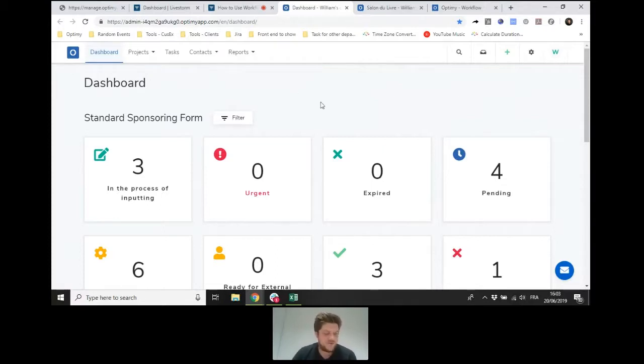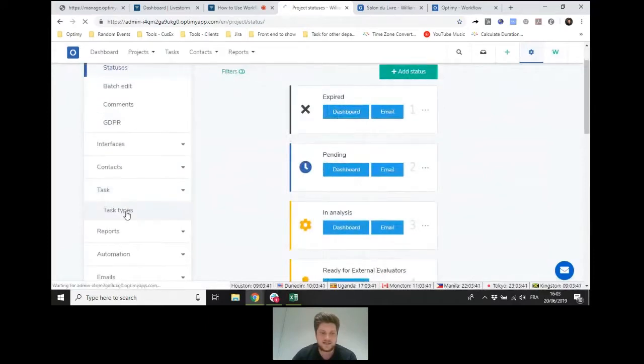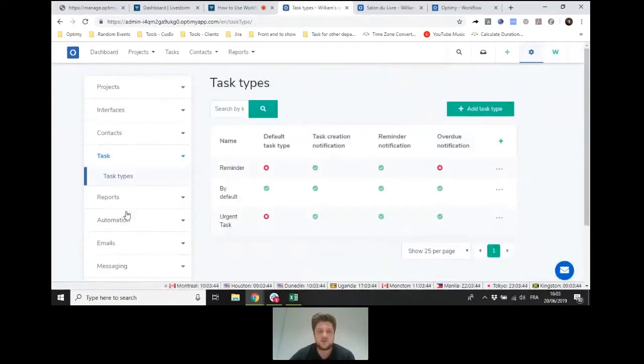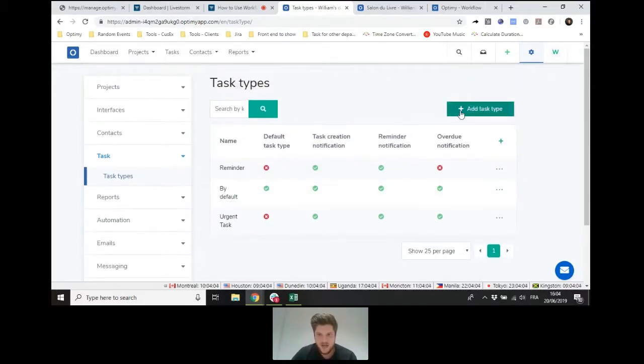For the task management, let me go to the settings, and I have here setup, and then we have task and task types. In regards to the setup, it's pretty easy. We only have what we call task types to implement, and this allows you to put different notifications and reminders in place. You can see I have already different types, and you're going to understand afterwards what changes. If I click on add a task type,